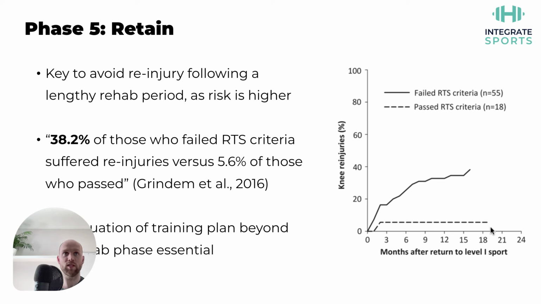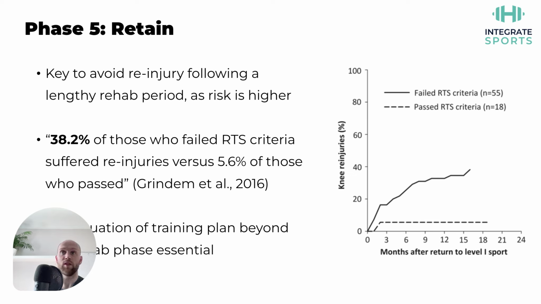So even if you're on this dotted line where you've passed the phase 4 criteria and you've done everything really, really well, what you don't want to do is just kind of rest on your laurels here and think, okay, cool, I've passed the criteria, I'm good to go. Because there's always a risk of re-injury, even if it's 5%. You want to make this risk as small as possible, don't you? You don't want to do all that amazing work over a number of months, then go back to sport and then just stop doing anything altogether. So that's why it's so important that you address this and continue to do the work even after you've had the injury.